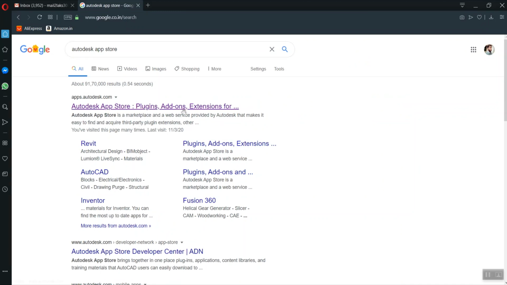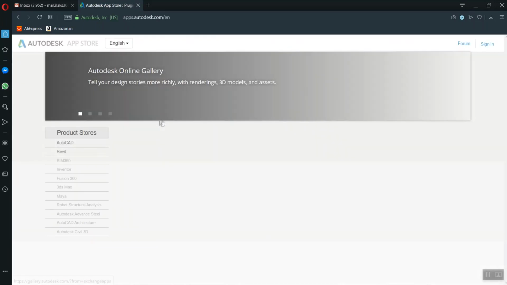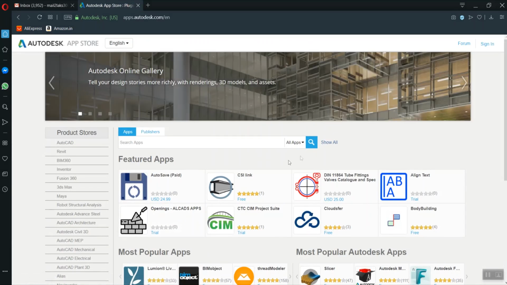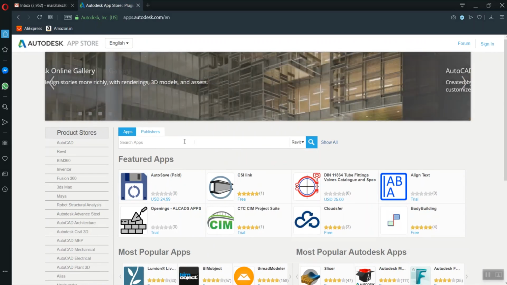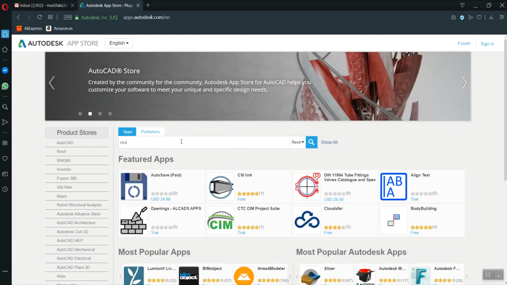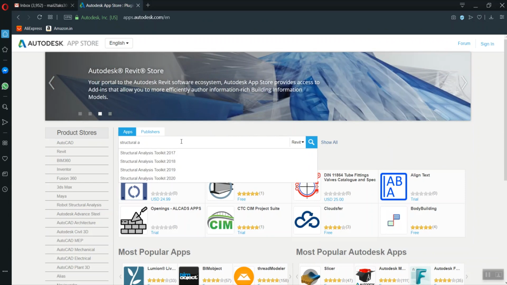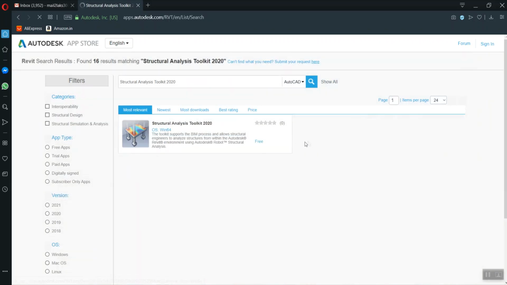Yes, here in the Autodesk App Store, move the filter to Revit and search for Structural Analysis Toolkit. Yes, this is the one.